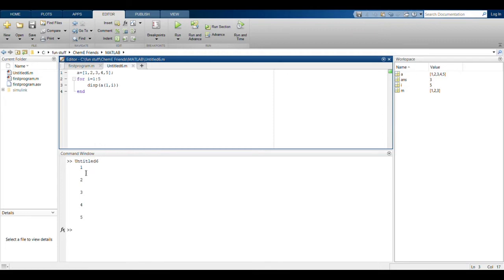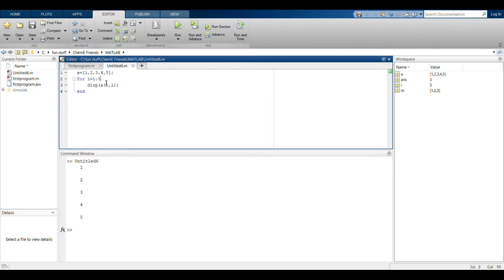So we get the output, and then after it reaches down it sees, oh, I still need to reach the value up to 5. So the next step will be that i will be assigned the value of 2. So when I go to display, it will be A(1, 2), and the second value of A is displayed, and so on. So as we can see, all the values of A are displayed.